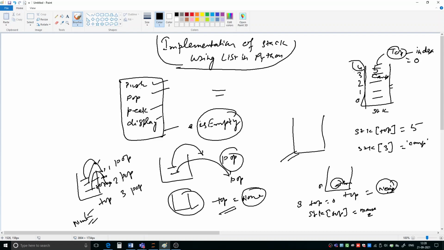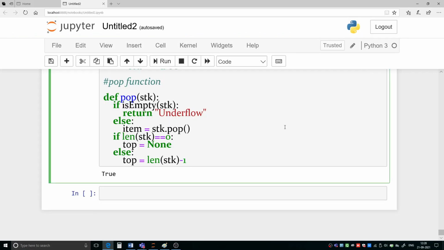So always the top, meaning the last index of the list, will be equal to the length of the list minus 1. That you know. So that is what we have done here: top equal to len(stk) minus 1.